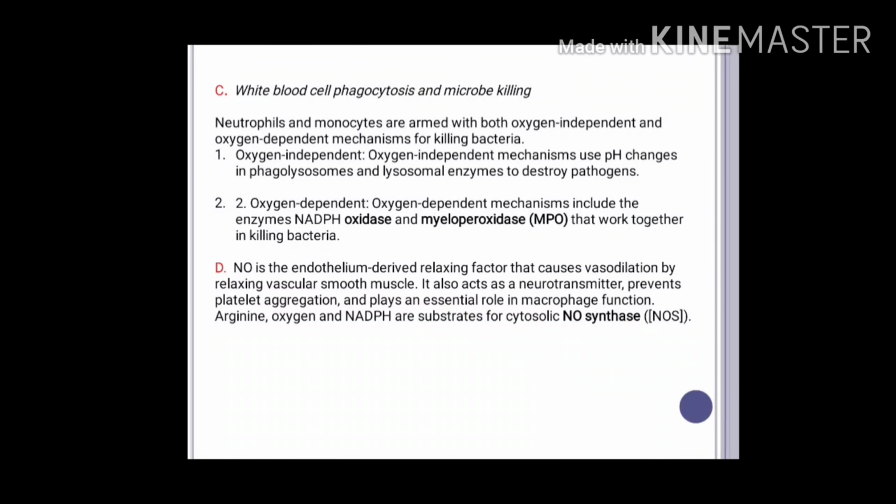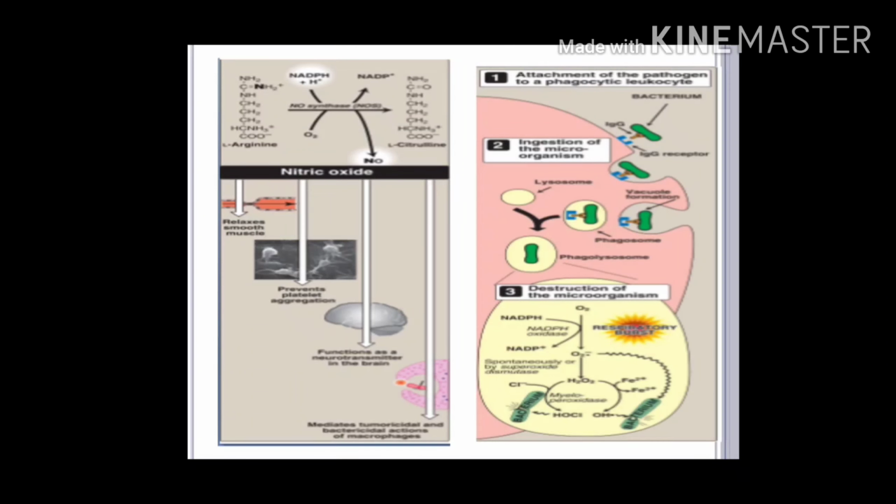And in case of the oxygen dependent mechanism, it includes 2 enzymes. That is, one is NADPH dependent oxidase, another one is myeloperoxidase, which work together to kill the bacteria. See, the bacteria's oxygen has converted to superoxide. This superoxide conversion is done by the enzyme NADPH oxidase using NADPH. Now this superoxide is converted to hydrogen peroxide, and this hydrogen peroxide is combining with a chloride ion, forming hypochlorous acid,